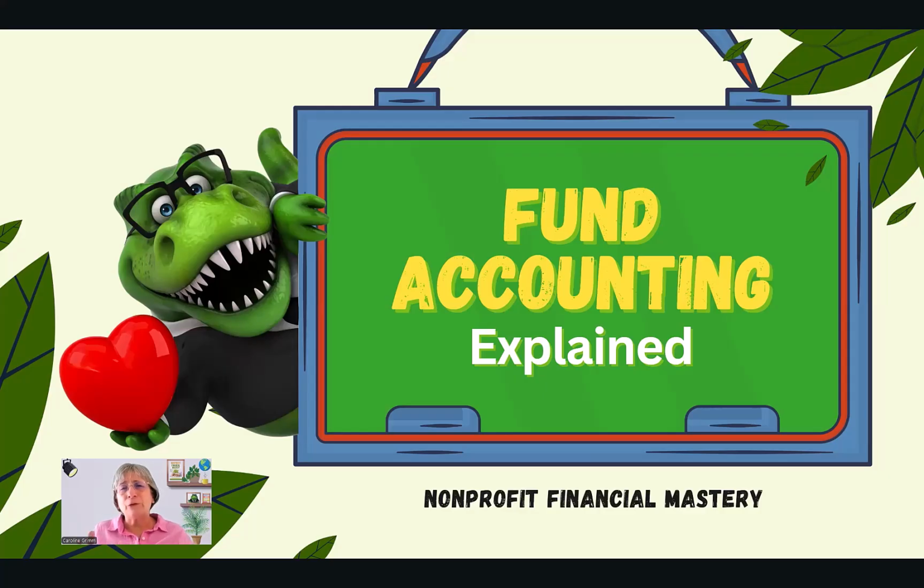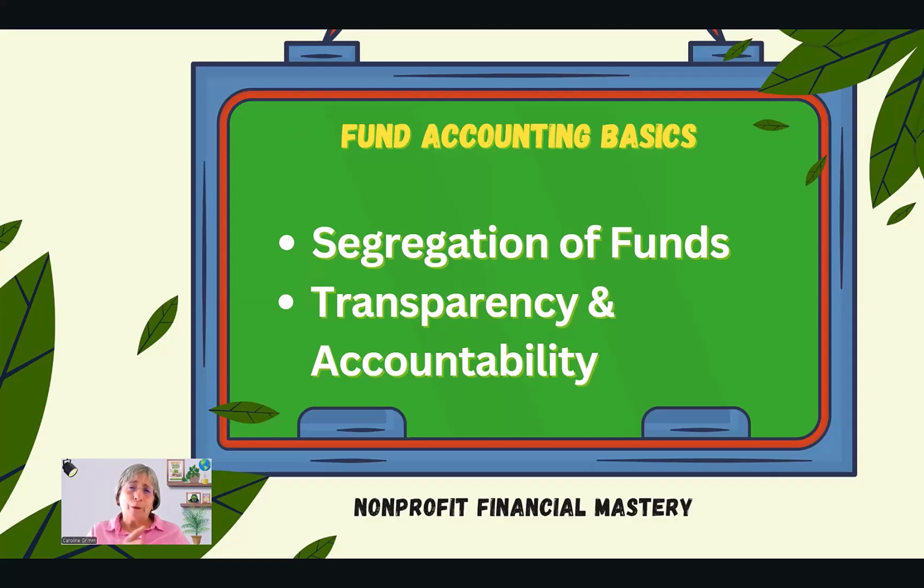So fund accounting is the method that we use in order to keep track of those funds to make sure that they are going where they are supposed to go and that we can report back to a donor or a grantor and say, this is how we spent those funds. So what fund accounting does is it helps us to segregate our funds, put them in specific accounts, and it helps us to have the transparency and accountability